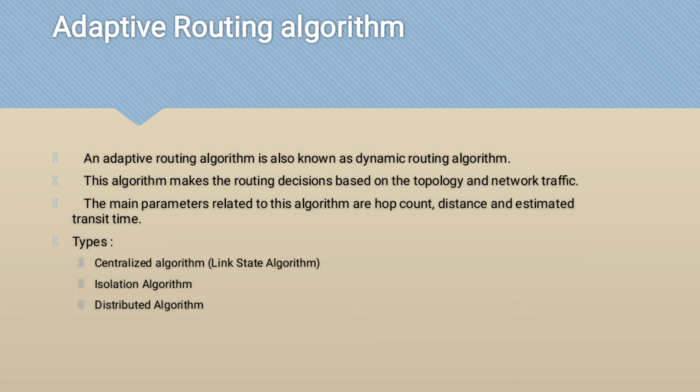In the decentralized algorithm, no node has knowledge about the cost of all the network links. In the beginning, a node contains information about only its own directly attached links, and through an iterative process of calculation it computes the least cost path to the destination. A distance vector algorithm is a decentralized algorithm, as it never knows the complete path from source to destination. Instead, it knows the direction through which a packet is forwarded along the least cost.